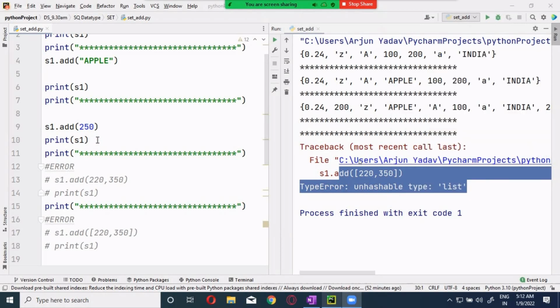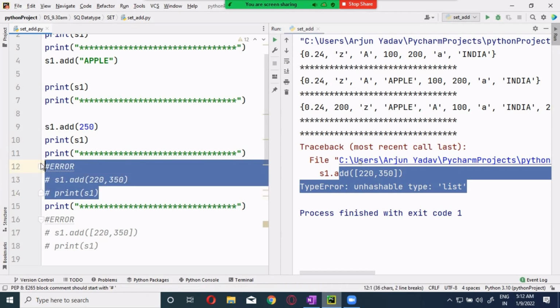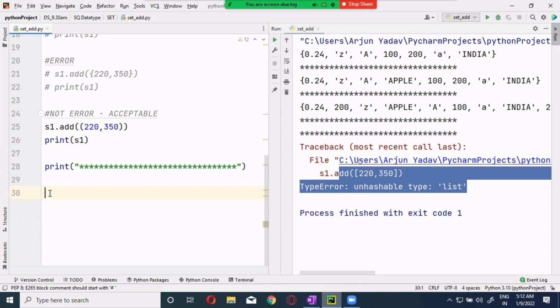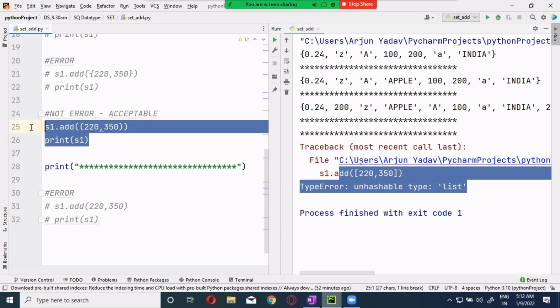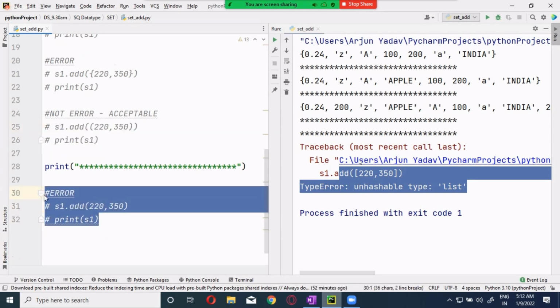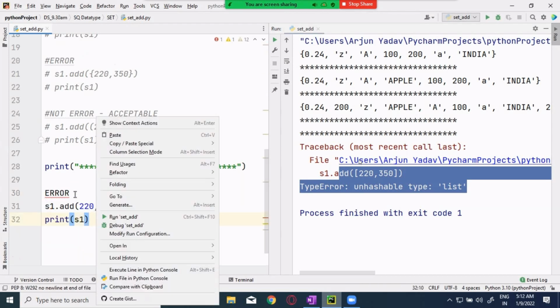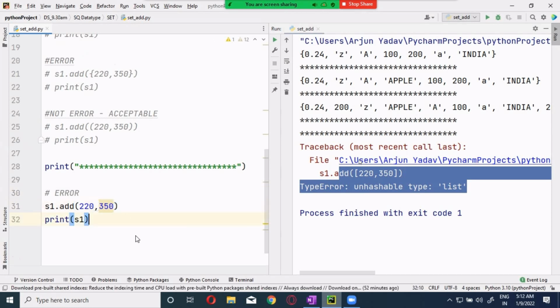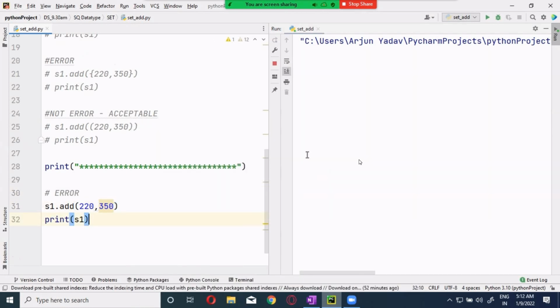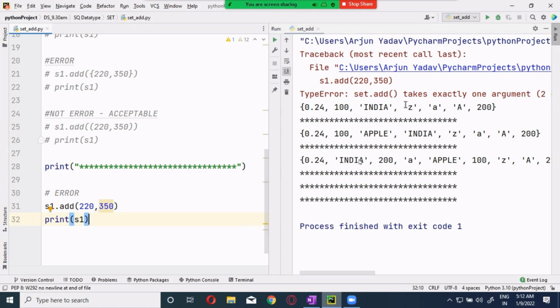Now, if you take it something like this, guys, this one is an error, right? This one is an error. Now, I'm giving it, this one is an error. No doubt this is an error. Okay. This is not an error. Just uncomment and play it, guys, yourself when you do this. That's more important. Now, this is an error, no doubt. I'll just comment this. Can you see this? This is an error for us. Okay, this is an error.